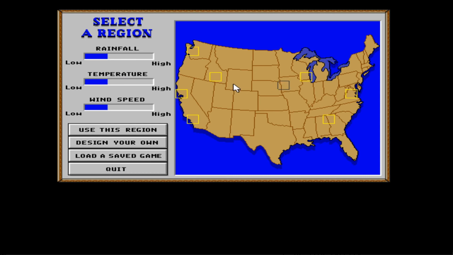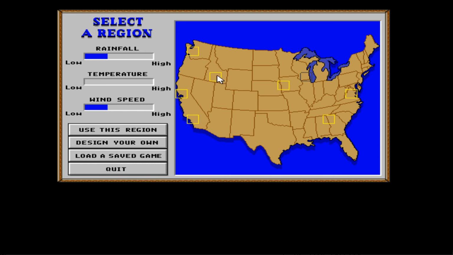So there's presets, and you could also make your farm anywhere. Look at that. I didn't know about that. I thought you had to click on the pre-selected ones, but you can actually go just crazy and make whatever you want. Ooh la la. That's cool. That's pretty cool. I'm gonna lie. Let's go with